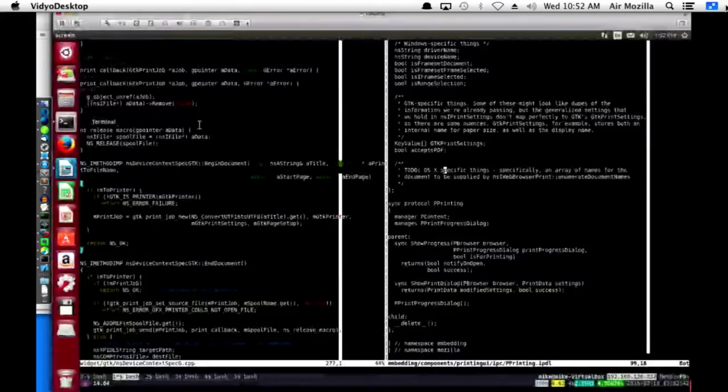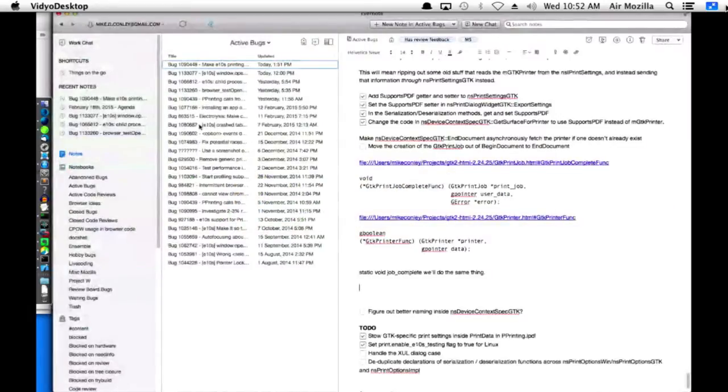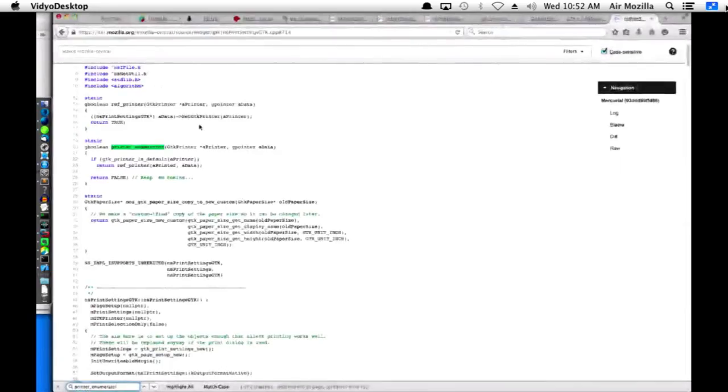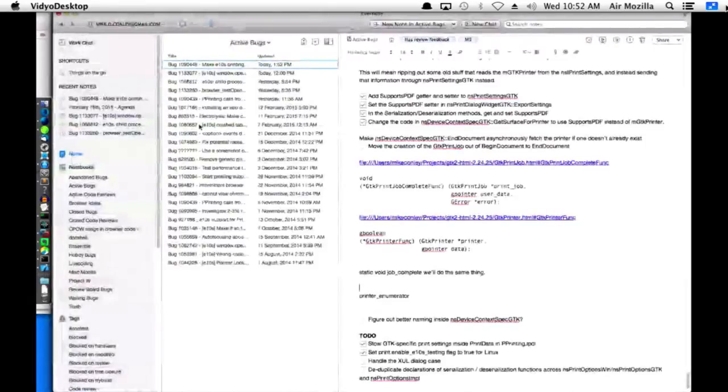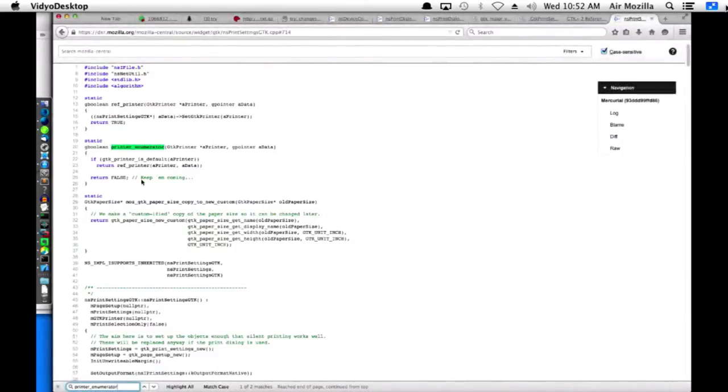So suppose we have this printer. What do we call over here? Printer enumerator. It returns a boolean, and that boolean is used to bail out of the enumeration whenever you can choose. If you return true, I don't remember actually what the signature is. True means stop enumerating. We found what we needed. We don't need to loop anymore. False means keep them coming. Keep the printers coming. So as soon as we find a match and we kick off the print job, we can probably return true, and then we're done.